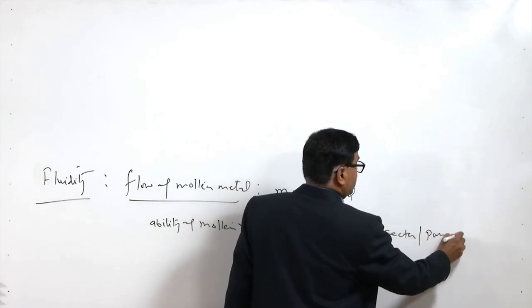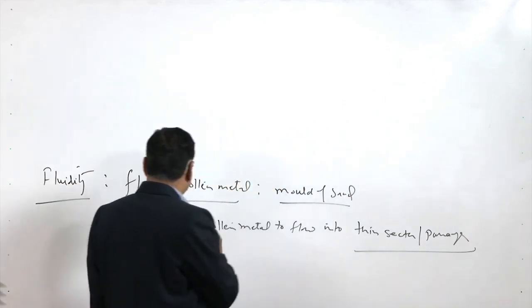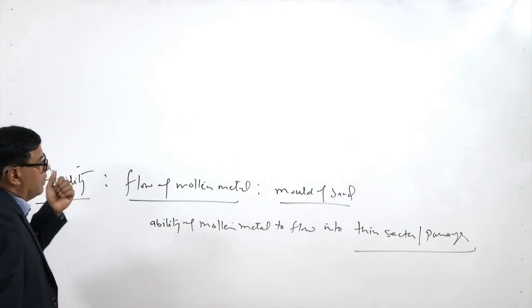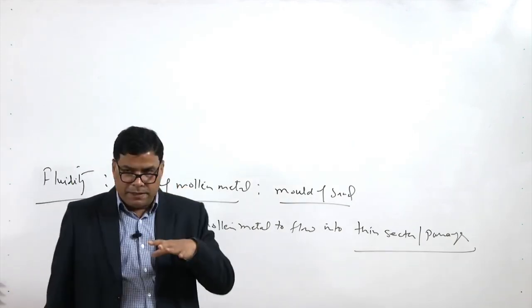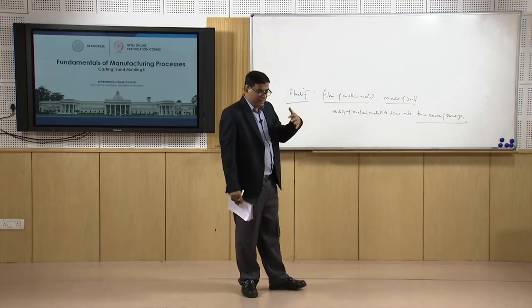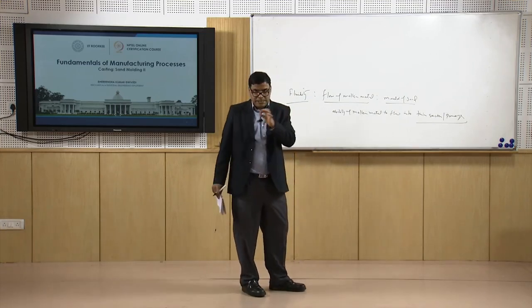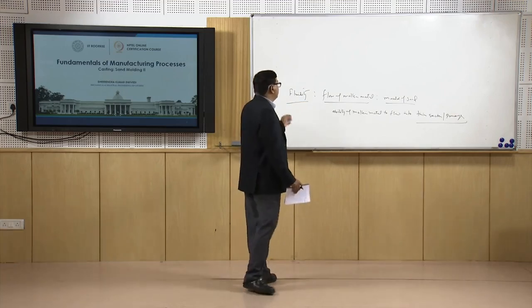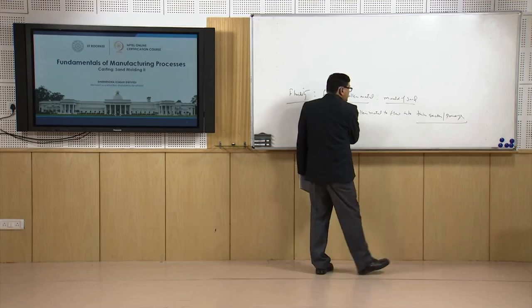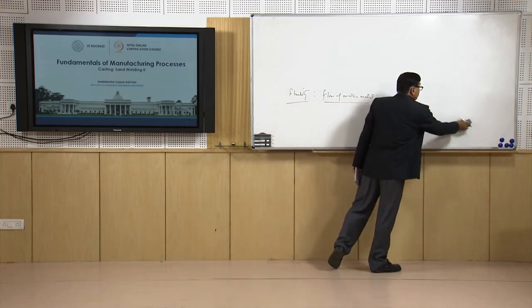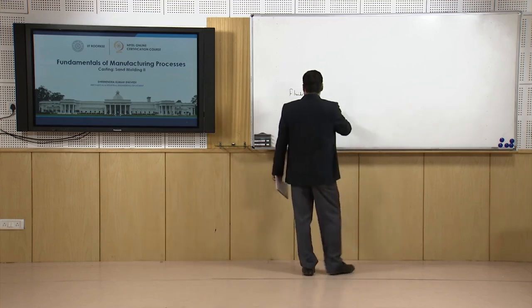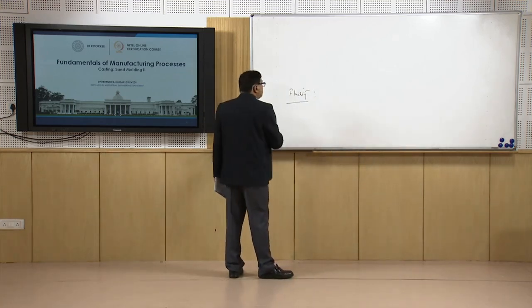So, if this is realized by the molten metal because of its good fluidity, then the molten metal will fill the mould cavity efficiently, effectively, in the least possible time, and all these thin sections will be effectively filled in, so that the casting of the desired complicated and even thin sections can be realized by the fluidity, but the fluidity depends upon the